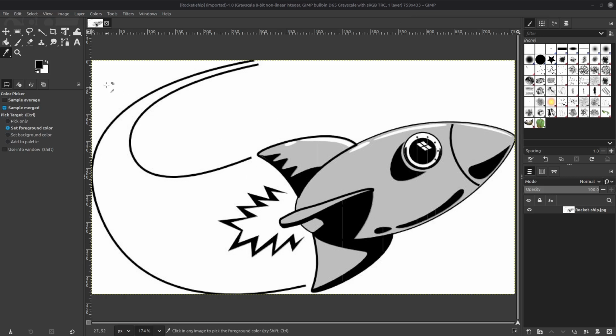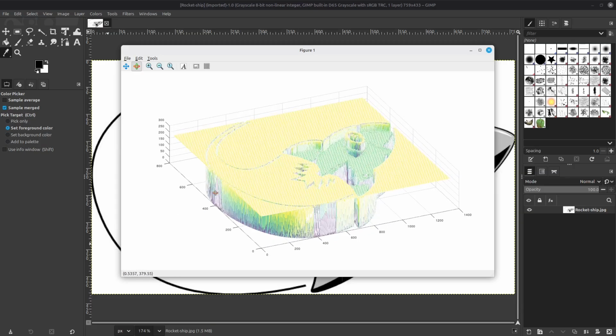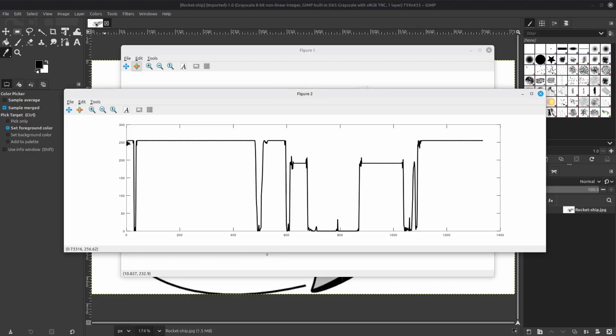But what you're seeing is that each one of these pixels has a particular value between 0 and 255, with 0 being black, 255 being white, and the values in between being various shades of gray. And if you look at it from a three-dimensional point of view, it will look something like this, where you have the white shown here at the top, black here at the bottom, and the gray somewhere in between. And if I pull out, say, one line, let's say along here at line 250, what I will get is something that looks like this. Again, here's the white, here's the black, here's various shades of gray in between.